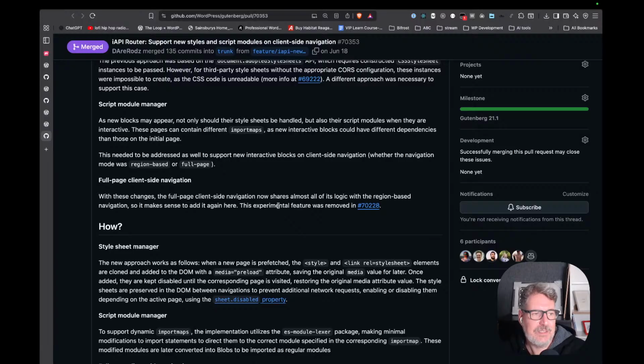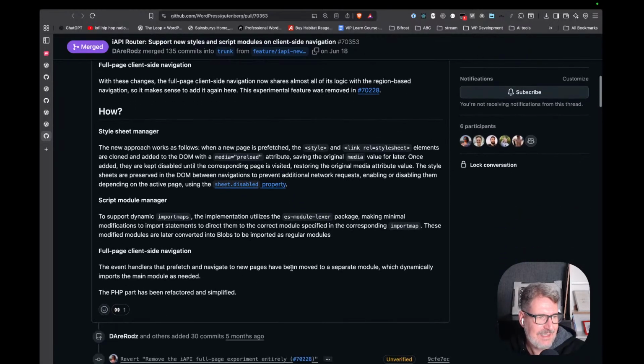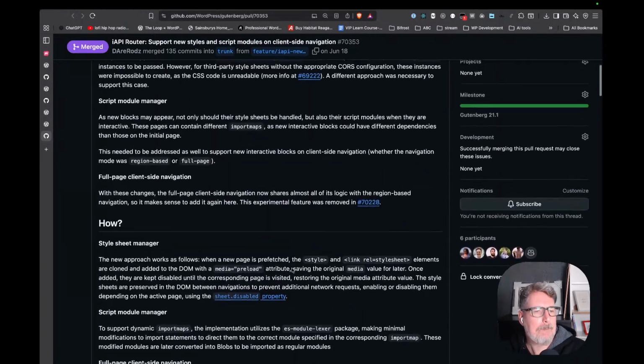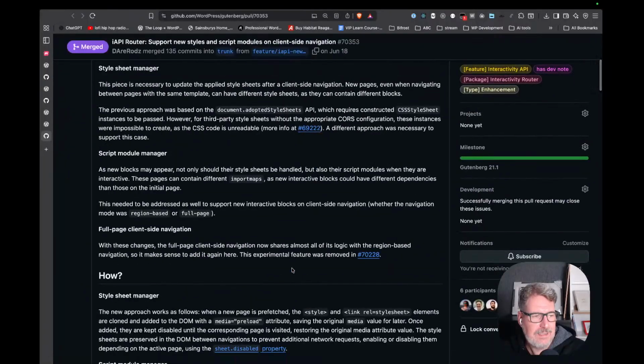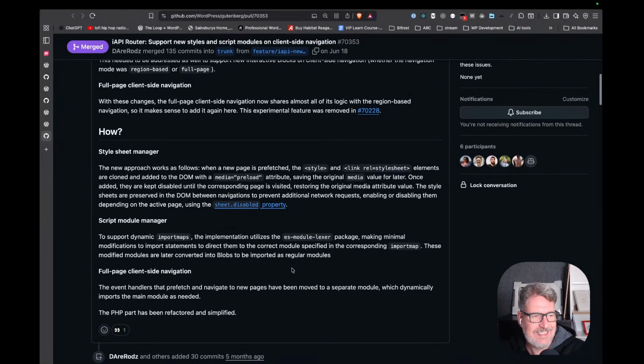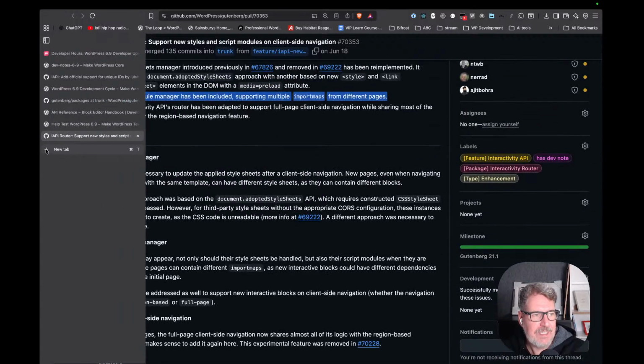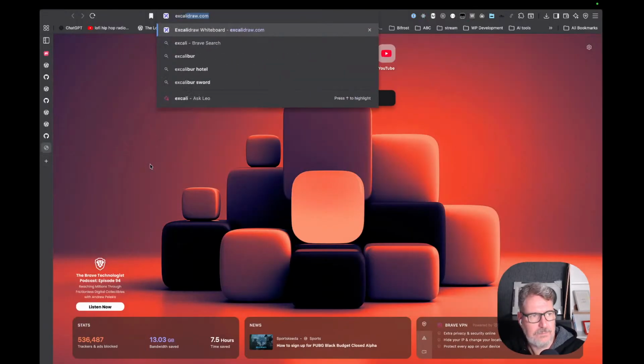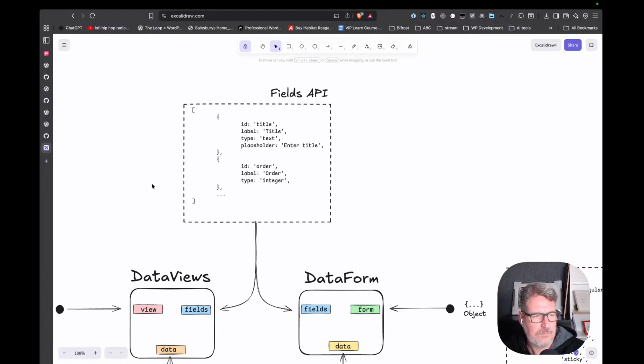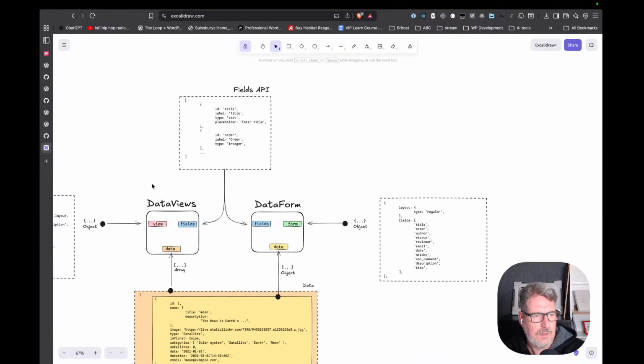Okay, this needs to be addressed. Okay, these are the technical details. Okay, what I understand for this is that with client-side navigation, this is